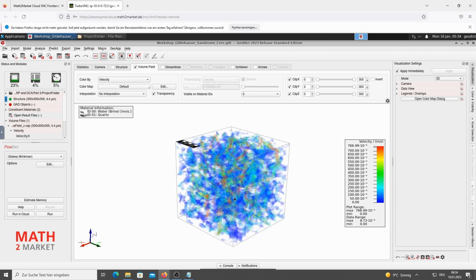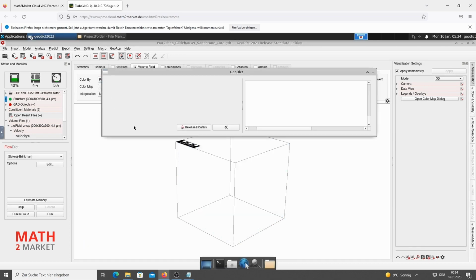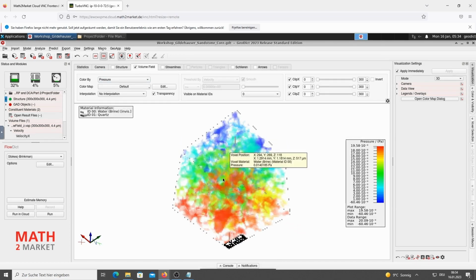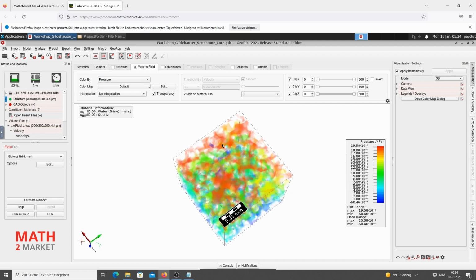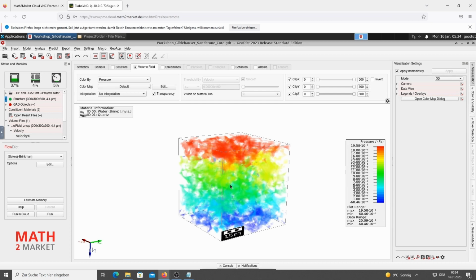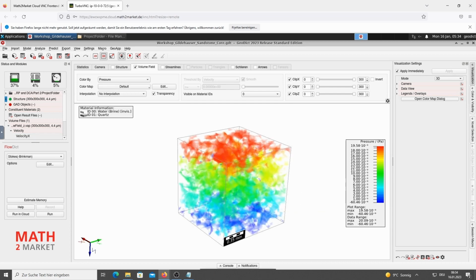You can also show the pressure field by changing the color by option from velocity to pressure. Then observe a pressure drop from Z minus to Z plus. But now choose the velocity field again.